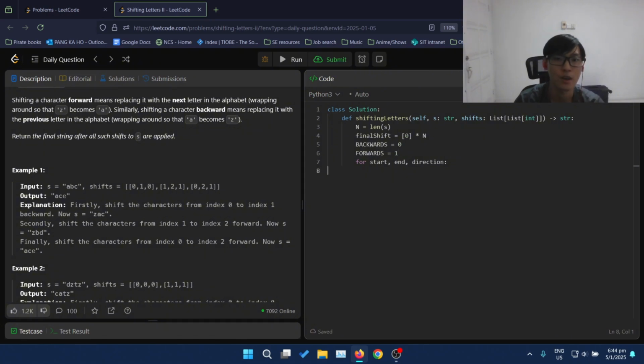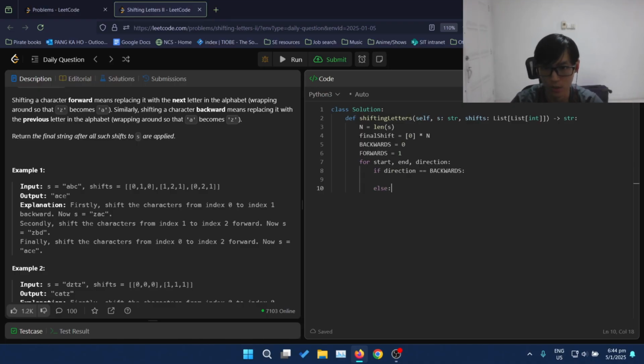These are the constants to represent the direction, so it makes the code a little bit easier to read. So if direction equals backwards, we do something, else we do something else. So if the direction is backwards, then what we can do is